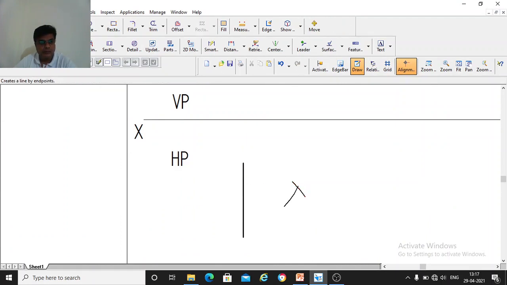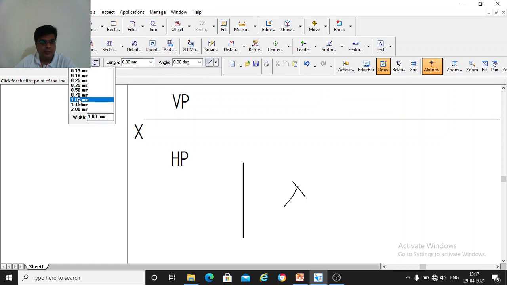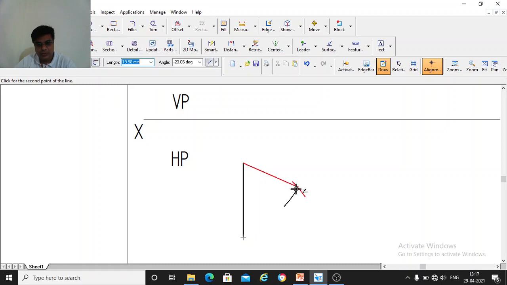Now using your 2B pencil, you draw a line from this end to the intersection. Then again draw a line from the intersection to the other end of the line. So this is how you should be drawing the equilateral triangle.